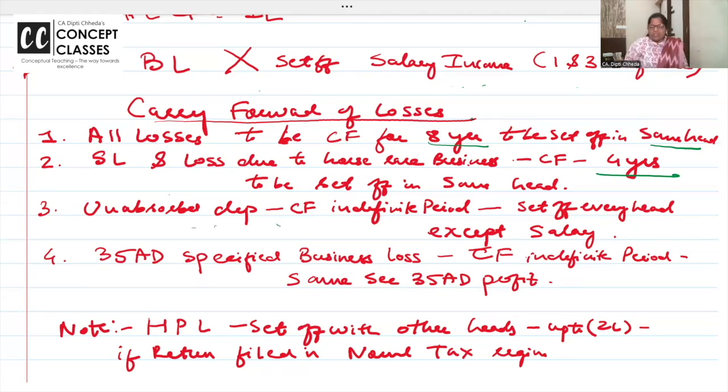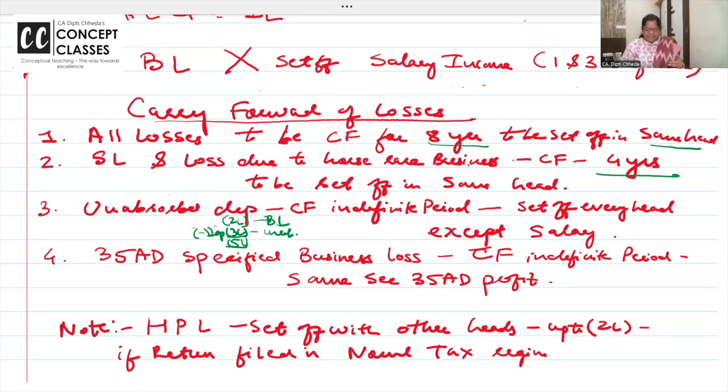Unabsorbed depreciation to be carried forward for indefinite period. It's called Brahmas. If unabsorbed depreciation is causing a higher loss, then increase it, but you'll have to charge depreciation. It's mandatory. So say there was a loss of 2 lakh before depreciation. Now if I charge depreciation of 3 lakh, this is like 5 lakh. So how much is the business loss? 2 lakh. And this unabsorbed depreciation loss can be carried forward for indefinite period to be set off in any